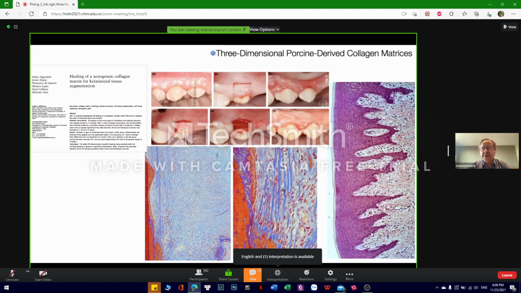And you see from these images that the spaces inside the matrix are occupied by fibroblasts, by vessels, and they will, with time, turn into mature connective tissue with the capacity of inducing the